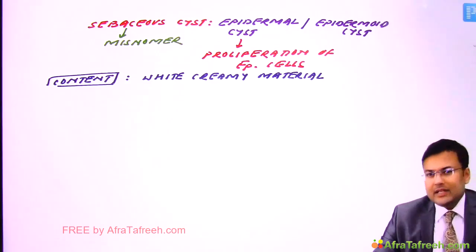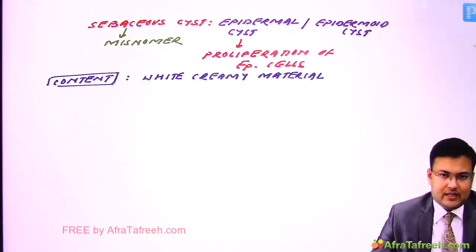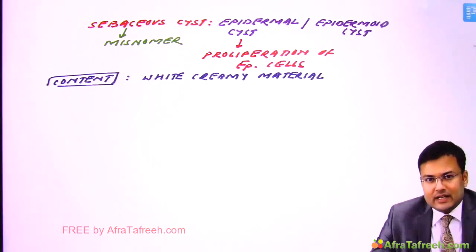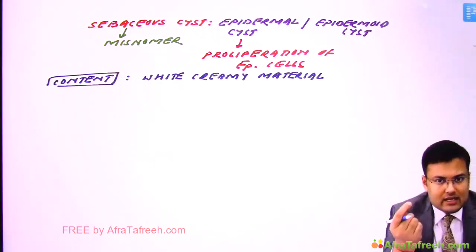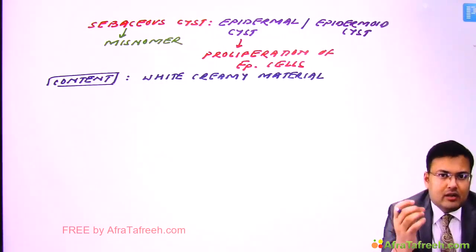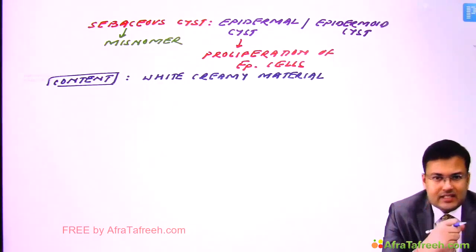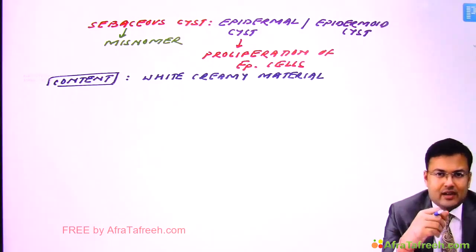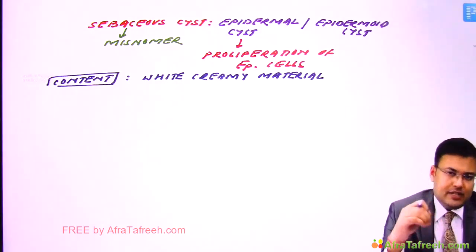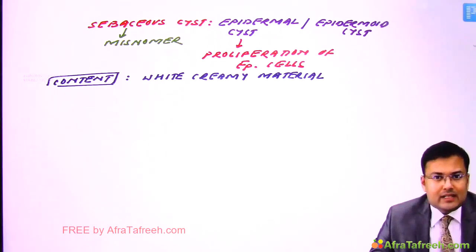Clear? Sebaceous cyst is a type of retention cyst, and you know what is the meaning of retention cyst? Suppose there is a duct, and when the duct is blocked, the secretions are retained, or there are pent up secretions, and this is known as what? Retention cyst. One of the classical findings associated with sebaceous cyst is what? There is a black colored punctum in the cyst.